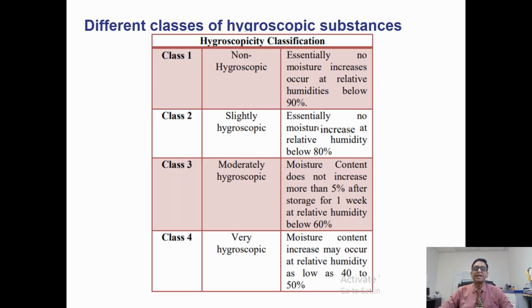Moderately hygroscopic, or class 3, is when the moisture content does not increase by more than 5% after storage for 1 week at a relative humidity below 60; then we consider it moderately hygroscopic in nature. Similarly, class 4 is considered very hygroscopic if the moisture content increase may occur at relative humidity as low as 40 to 50, and it still absorbs a lot of moisture, then we consider it very hygroscopic. So this is a very brief